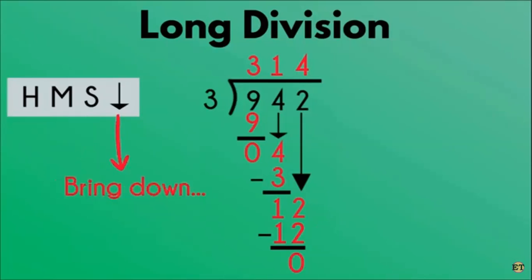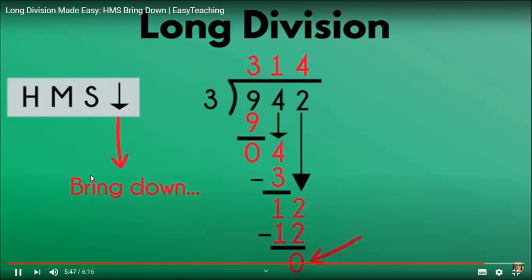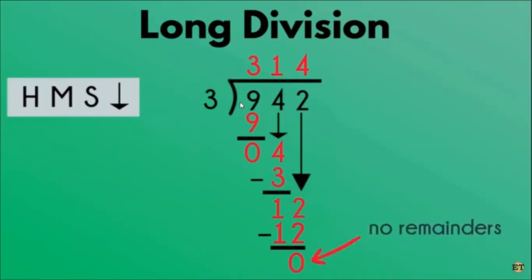The next step is bring down, but there are no more digits to bring down. This means we've finished. The 0 here tells us that there are no remainders. We have